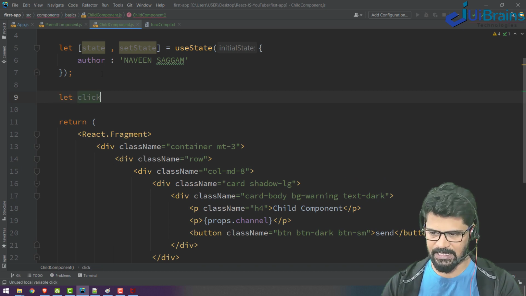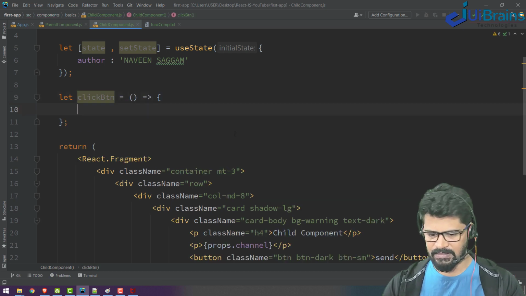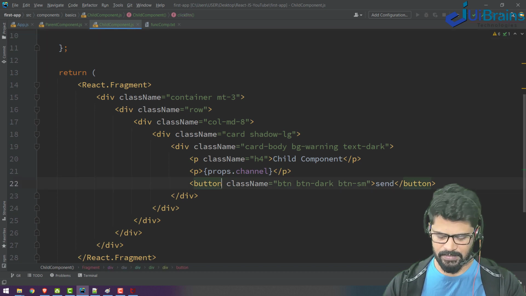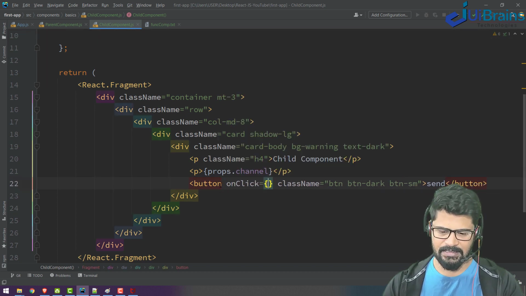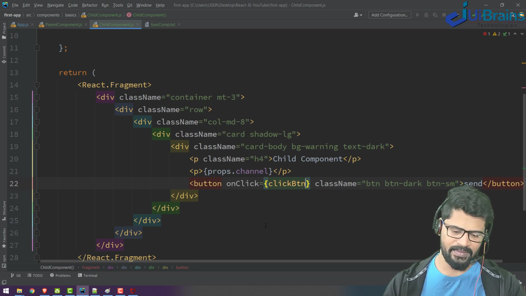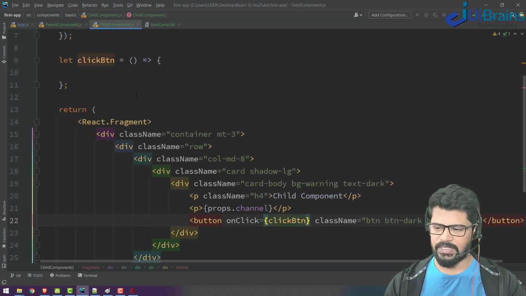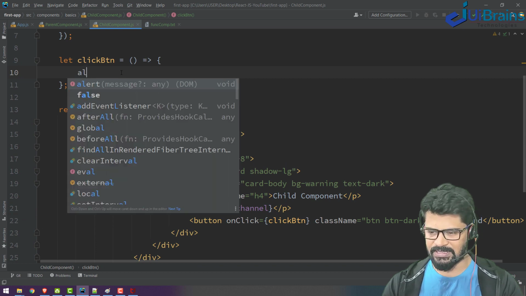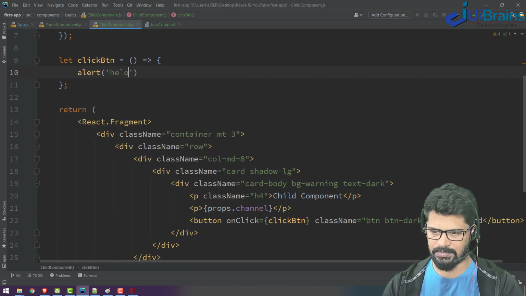Let's just say click button. On click is equal to the click button function. In this you can just take an alert, just say hello.